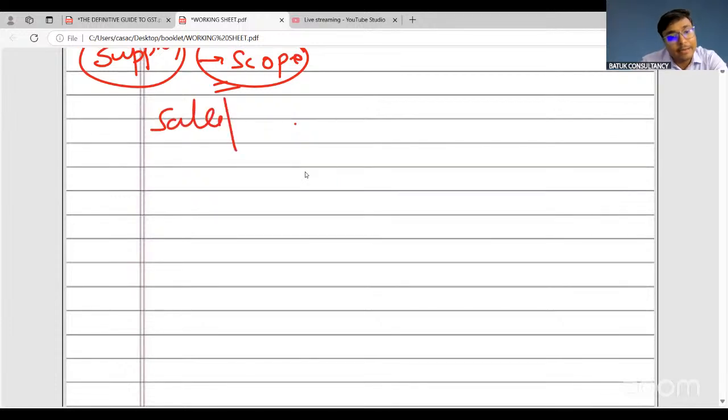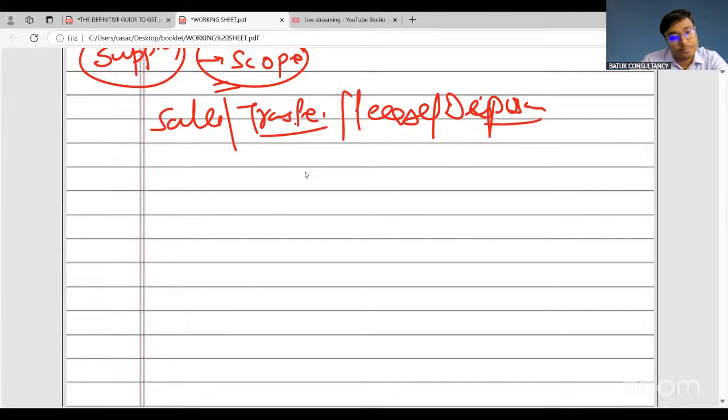whenever there will be a sale, transfer, lease, disposal, rental, in that case, yes, the same will be treated as supply. That means when I am going to sell a particular product or provide any services, that is sale of services, that will be treated as supply. Whenever I am transferring any goods or any right, that will also be treated as supply. Whenever I am providing my building, my plant and machinery on lease to someone else, that will also be called supply.